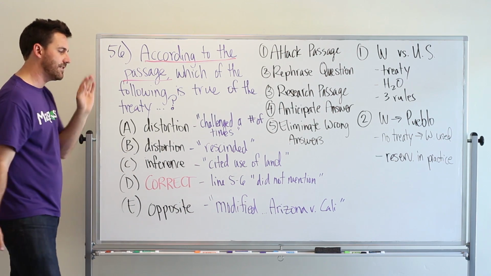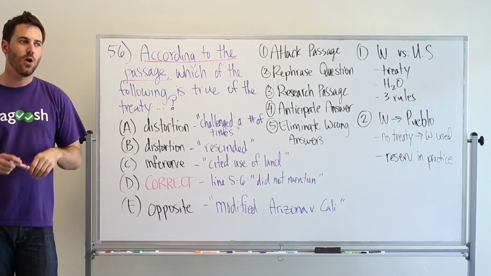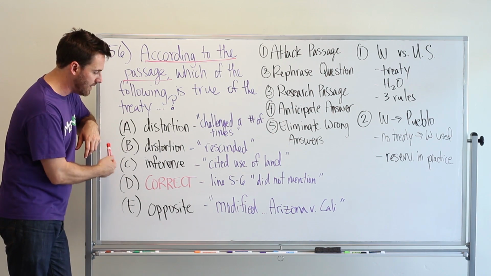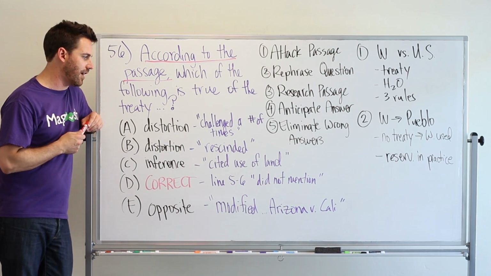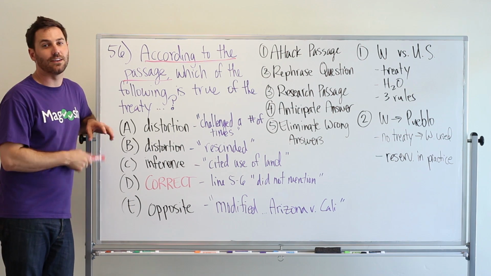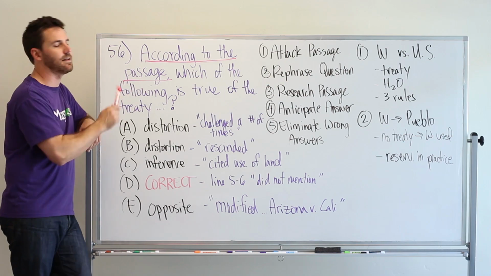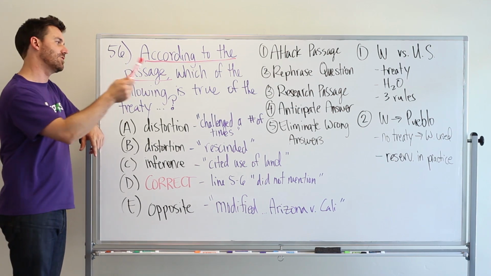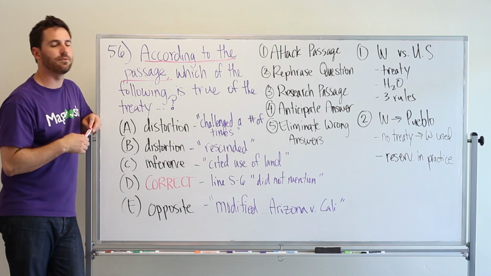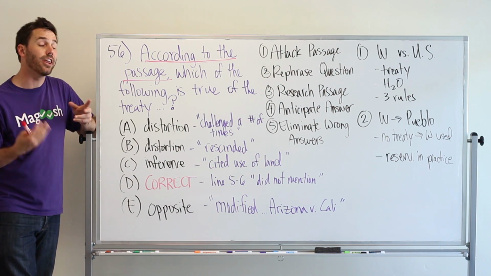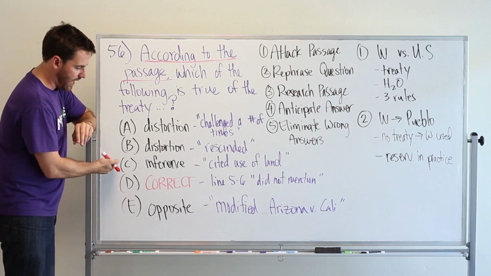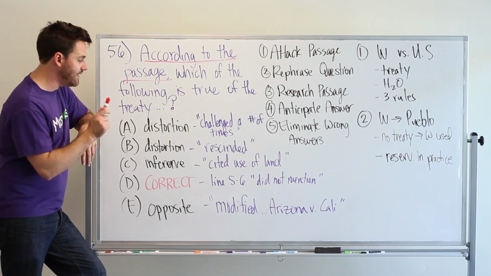C is an inference. This is a common wrong answer choice when dealing with detail questions. They'll give you an inference, and it's the most tempting answer choice here, I would say, because you might think of ways why this answer choice might be right. But remember, we need something that is stated in the passage because it's a detail question. It says "cited use of land rights." You could infer that. It's not directly stated in the passage. It's possibly inferable, but again, we're not looking for an inference. We're looking for a detail.